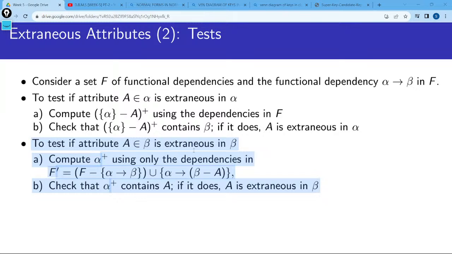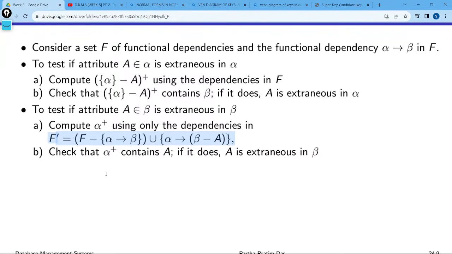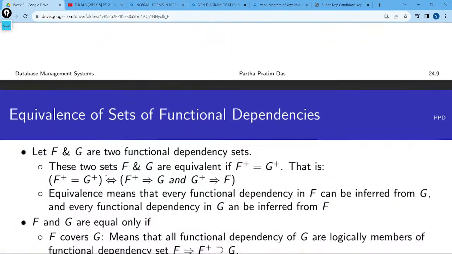So to test if something on our right hand side is extraneous or not, we compute alpha plus, we compute the closure set again of the LHS as we did here, now using only dependencies F', where F' is the set minus the specific functional dependency union alpha arrow beta minus A. Okay, check that alpha contains A. If it does, A is extraneous in B. Okay,